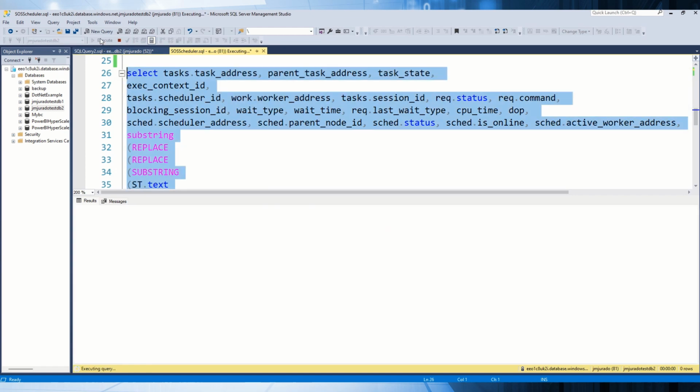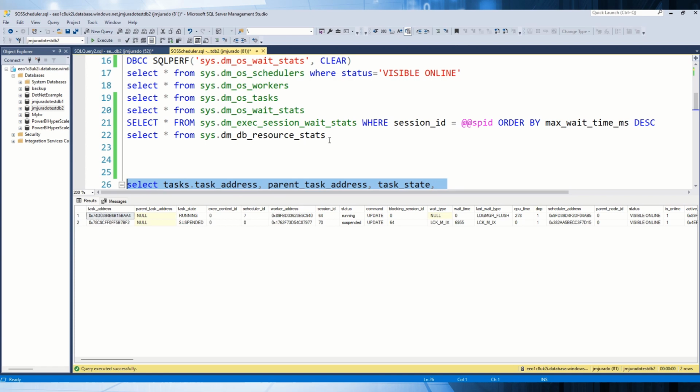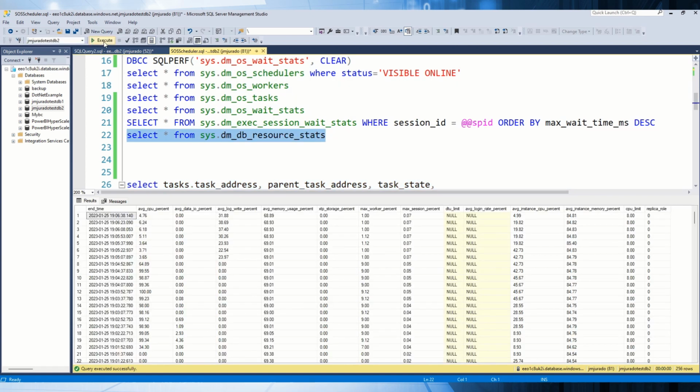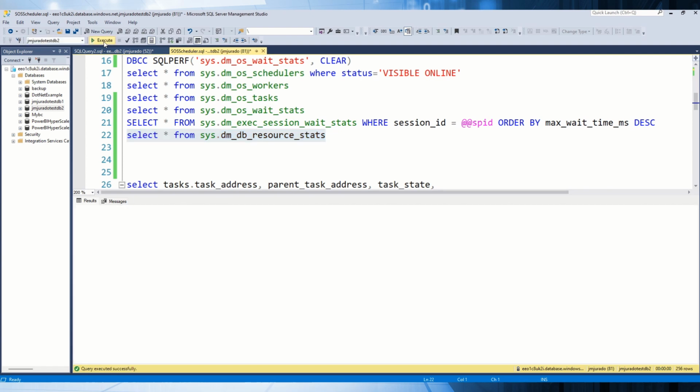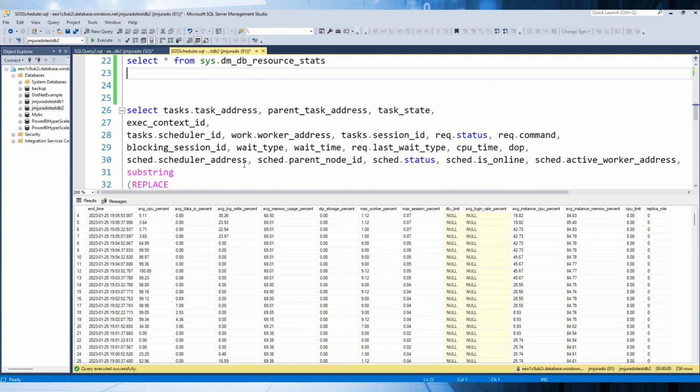So for the reason, as we mentioned, the combination of resource consumption and the wait stats is very important to determine what is the problem and what is the performance problem that we have. For example, we have locking right now, the CPU is not high, but the lock is high because we are doing a lot of updates. So also, if I run again the query,